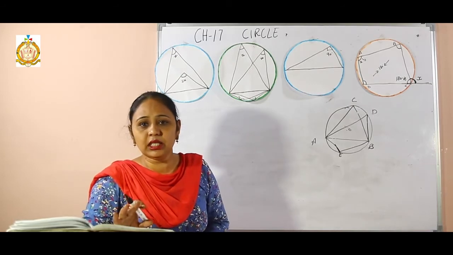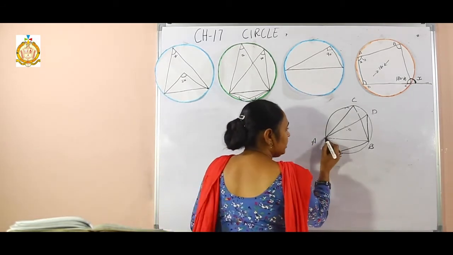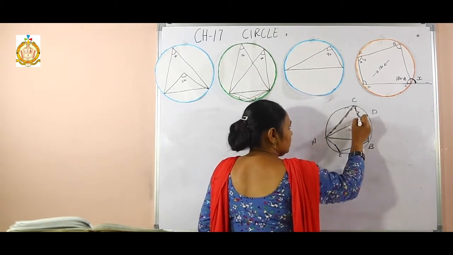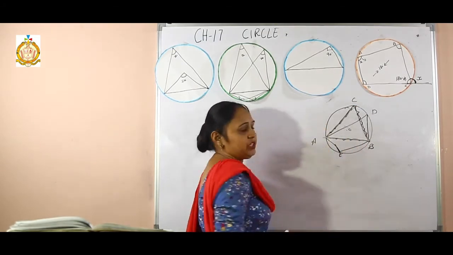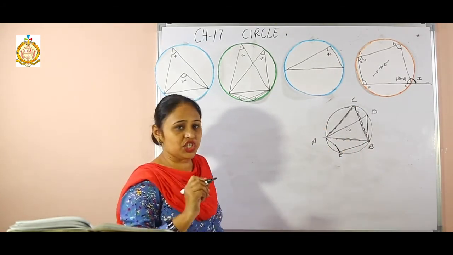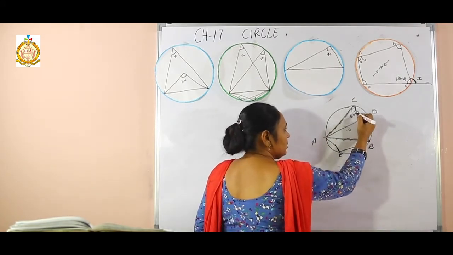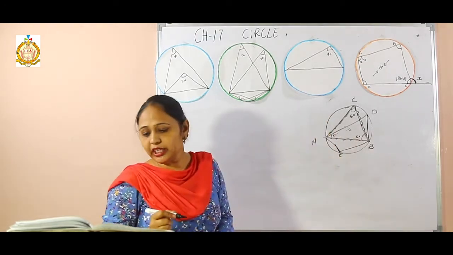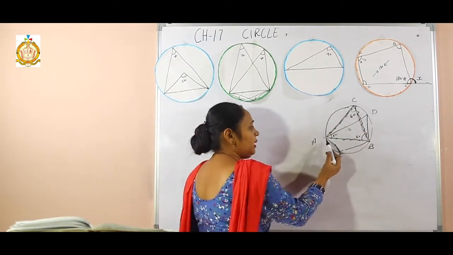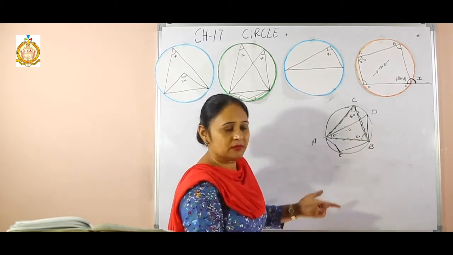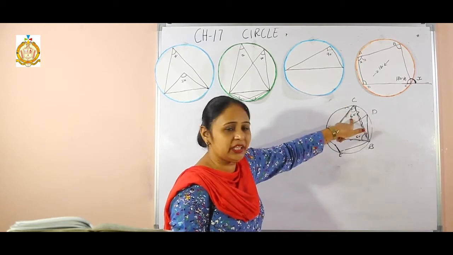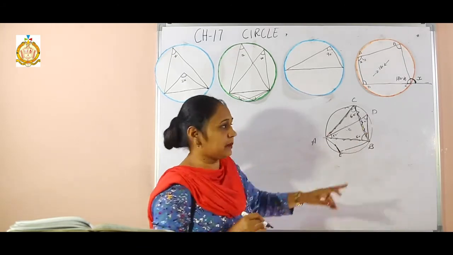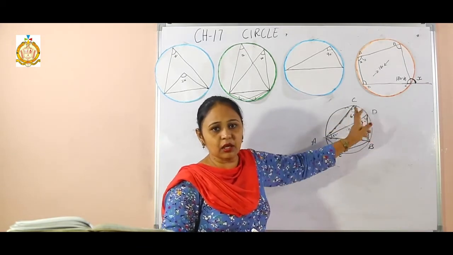Now triangle ABC is an equilateral triangle. Equilateral triangle. Each angle will be 60 degree. That means this becomes the angle 60 degree. This will become 60 degree. Now I have to find the angle ADB. ADB. Same. What to do? Same segment. One already. Then other will also be 60 degree. We have to write angle of same segment. Angle C will be equal to angle D, angles of same segment.